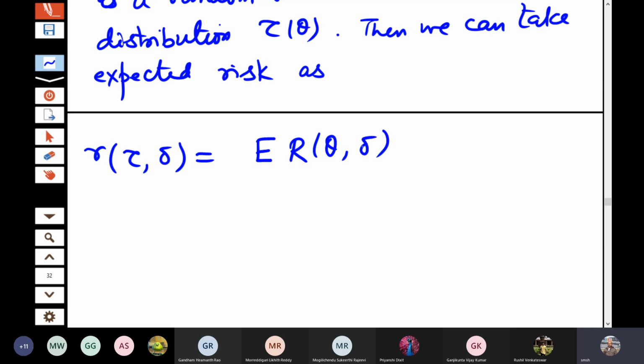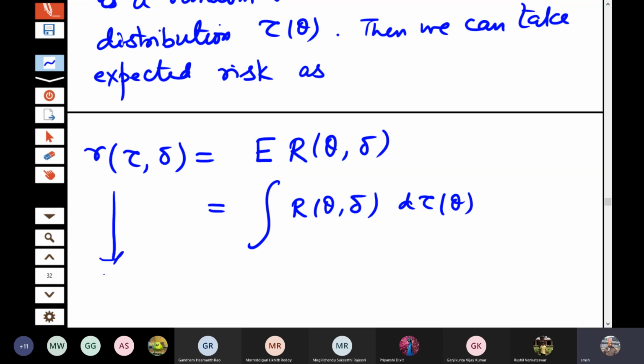Note here, r theta delta is already an expectation of the expected loss, but that is with respect to the distribution of x. Now theta itself is considered as a random variable for which I am taking some distribution name as tau, and over that I am taking the expectation. That means it is something like integral of r theta delta with respect to this distribution d tau theta kind of thing. Of course it can be discrete as well as continuous. This is called Bayes risk